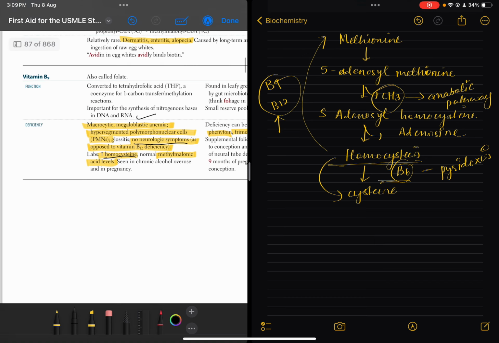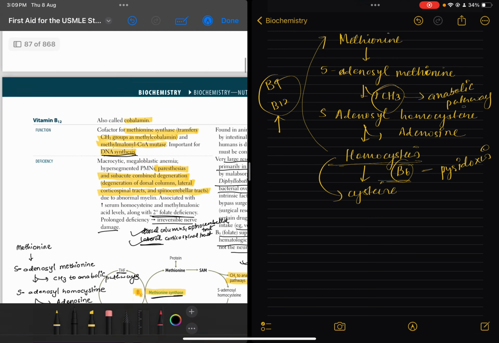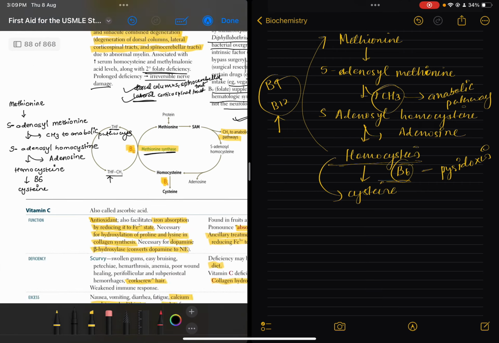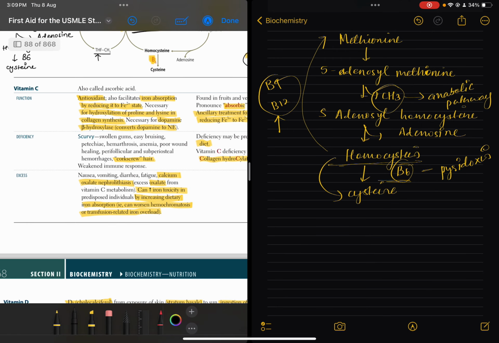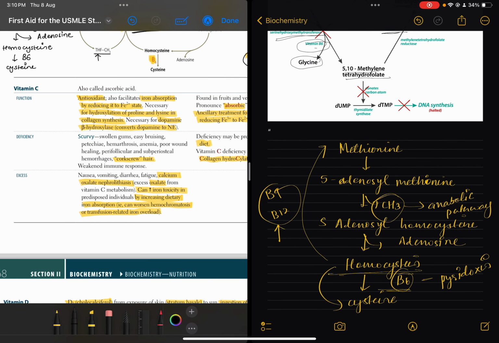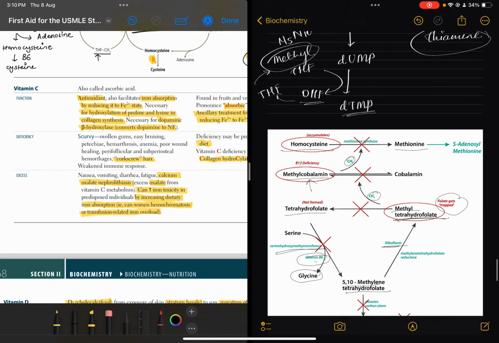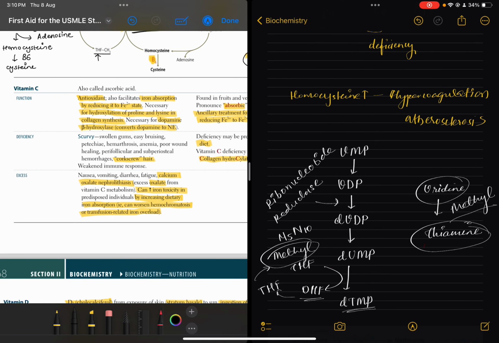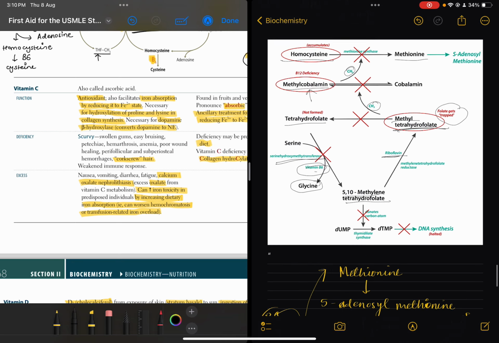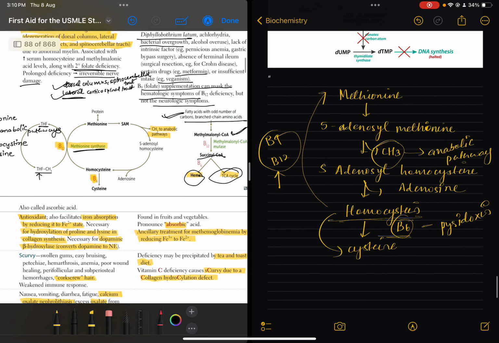Homocysteine level will be raised in both conditions, in B12 deficiency as well as in B9 deficiency. But the methylmalonic acid level won't be raised. It will be normal in B9 deficiency, and here it will be raised. So this is the main basic difference, and these two reactions we have to learn: methionine to cysteine and UMP to dTMP, and the main difference pathway is this fatty